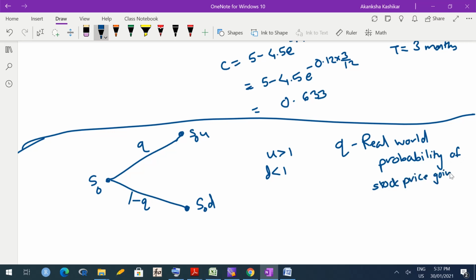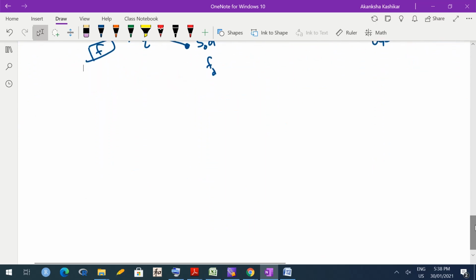But you might have noticed Q doesn't enter into the final equation. Okay, we will see in a slightly detailed manner later. So S0U and S0D are here, and FU and FD (now this is subscript) denote the payoffs from the derivative at time capital T under both these scenarios. Okay, so we have to derive the derivative price F at time 0. Let us proceed exactly in the same way.